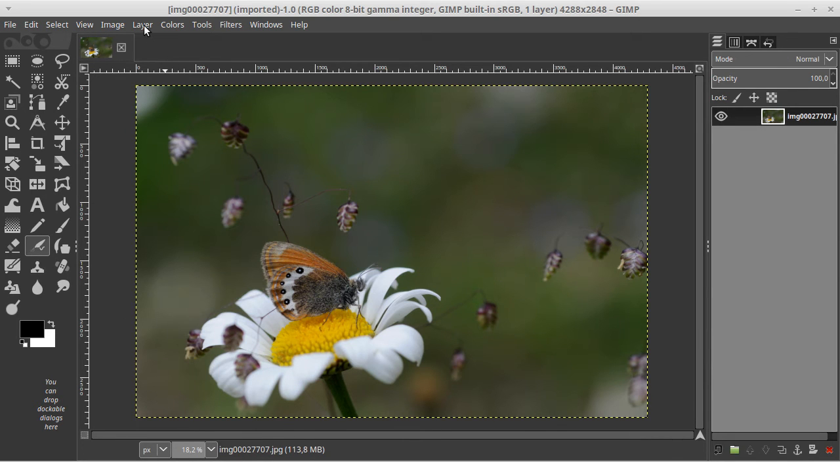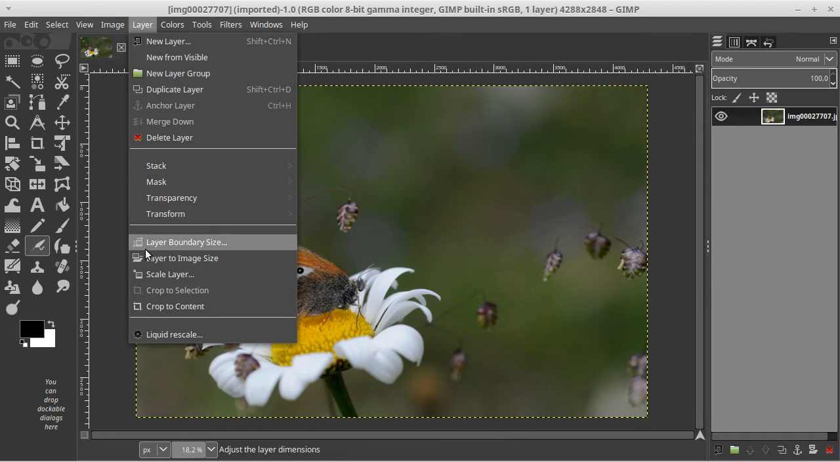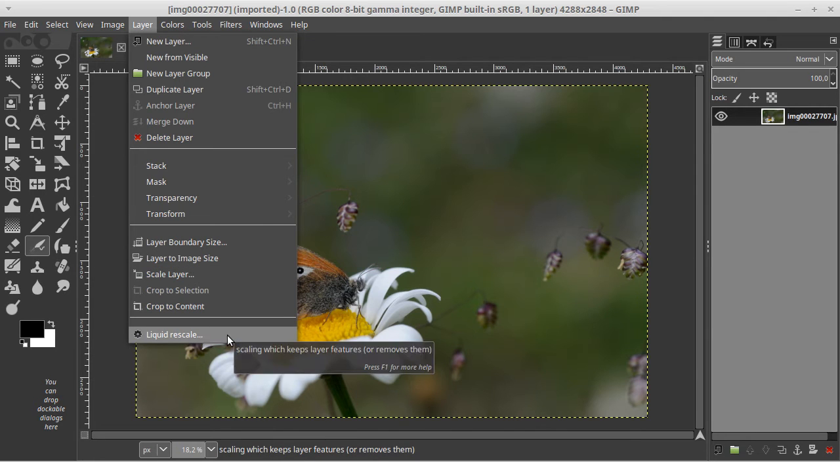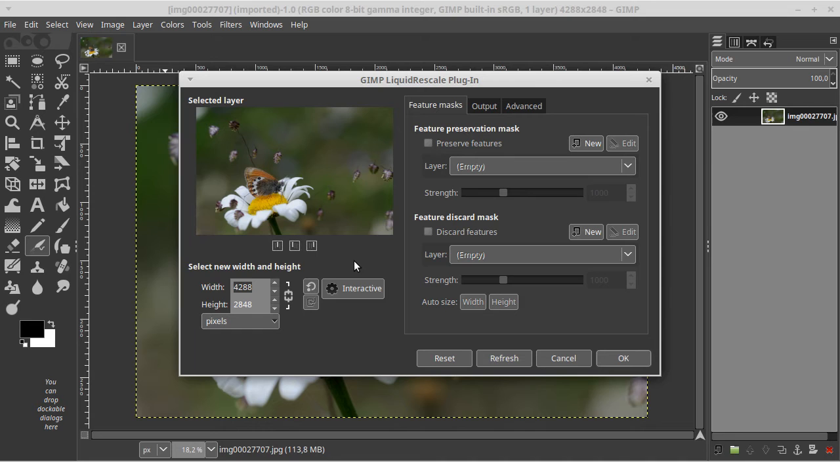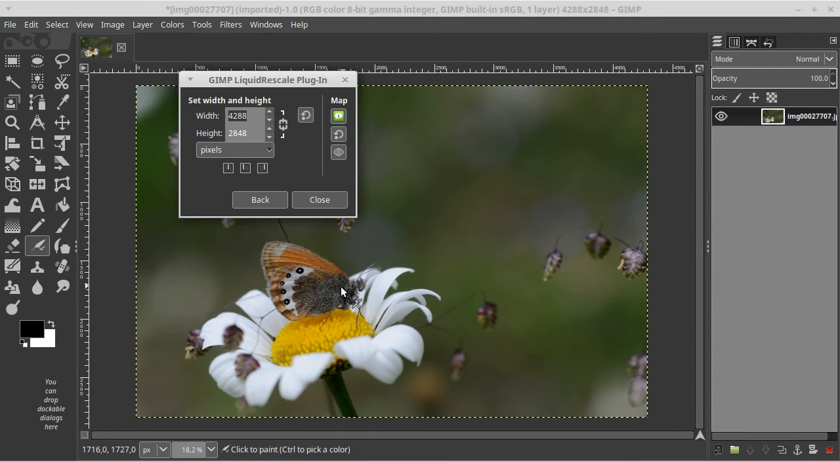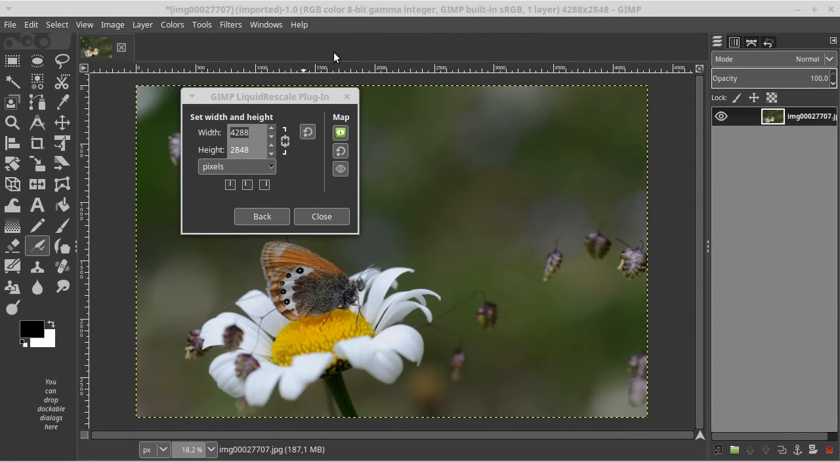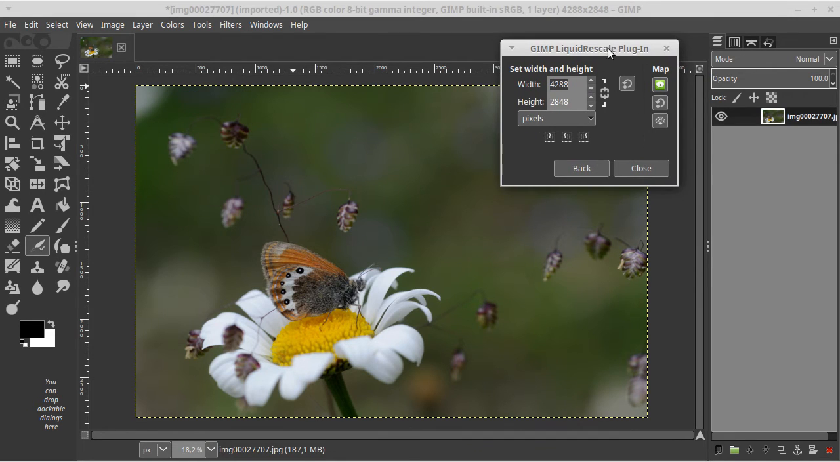Another very interesting plugin which is found in the layer menu is the liquid rescale. This plugin is able to change the size of your image in a way that preserves the important features that the image shows. So for example, if I increase a little bit the width like this,